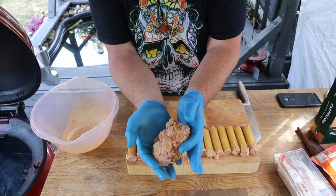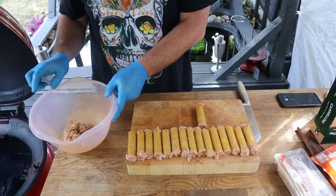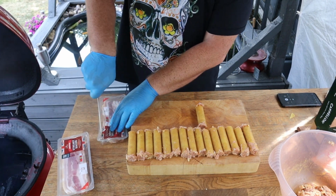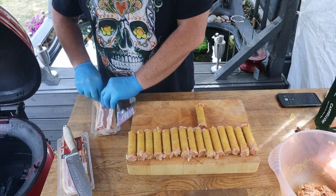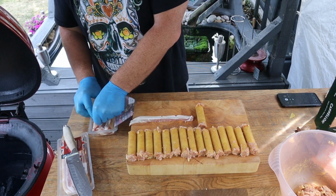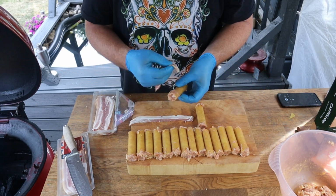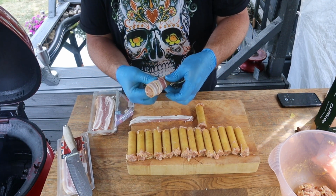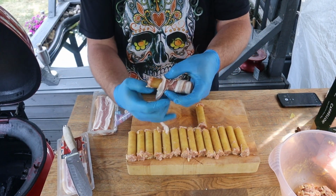And just to show you, out of that mix, I've got enough to make a couple of porky patties, so I am going to be frying them off in a minute just to try them out. But what we're going to do, we're going to take a couple of pieces of our thin cut streaky bacon. I'll take one of the broken ones, and like I say, the bacon is going to just act like a bandage. We're going to wrap and overlap and make sure that we cover